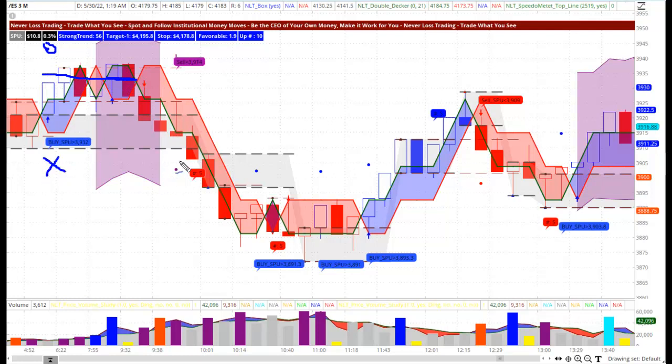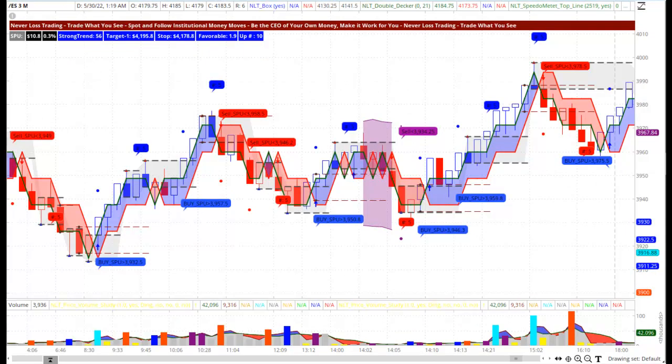End of purple zone comes out, there is a signal, there was no momentum change, so it worked, but I don't count that in what we do here. This one wouldn't work. Red momentum, blue signal, no, we don't want it. Red momentum, blue signal, there is a winner. This one is easy, came to target, that came home. There is an easy one that came home, and this one wouldn't be a trade. So all in all, we had 3 trading opportunities, 2 were winners, 1 was a loser, and then we ended the day in ambiguity. May 25, and I put the entire day on the chart here between 4 and 4,